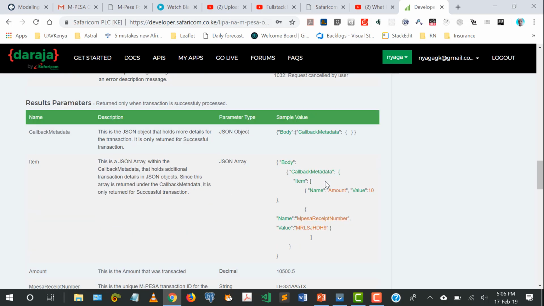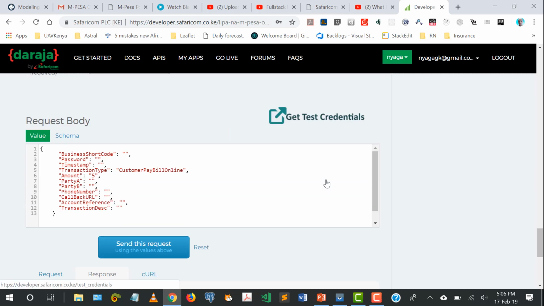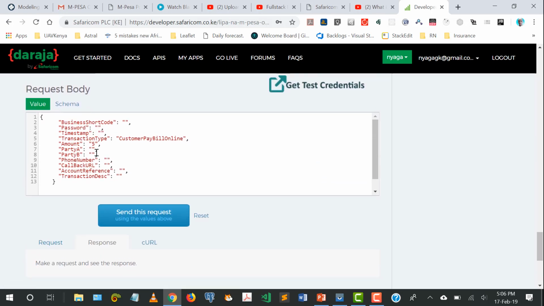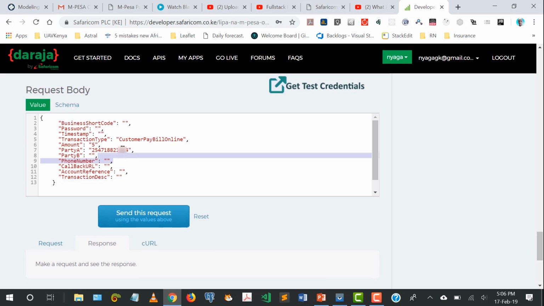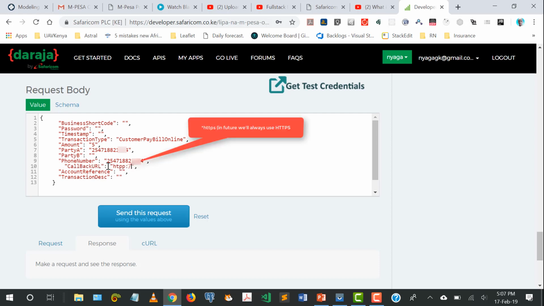So for this one, I'm going to put in my phone number, and Party B, we don't know the pay bill that we are sending to. I'll show you where I'll get the information. Again, phone number, we are going to repeat the Party A. Callback URL, because we don't have one, we can just guess for now. So we can say something like